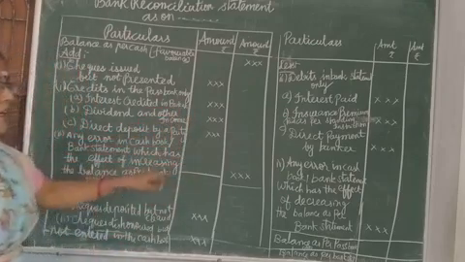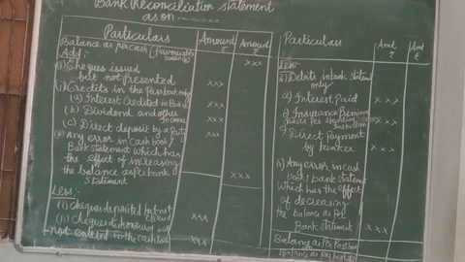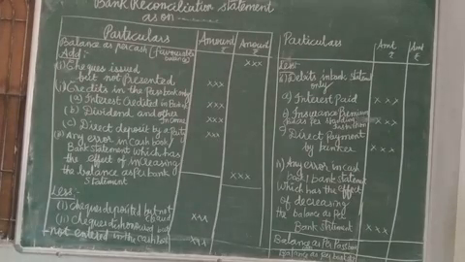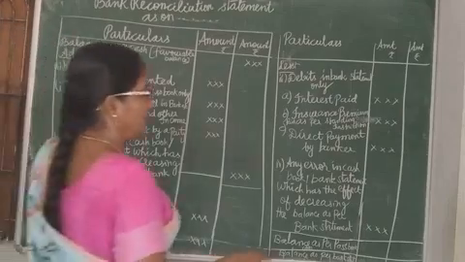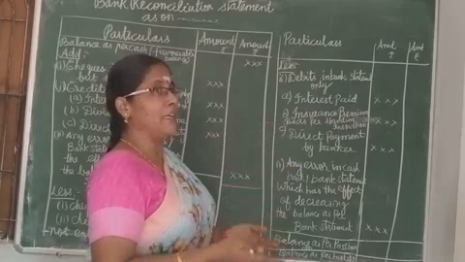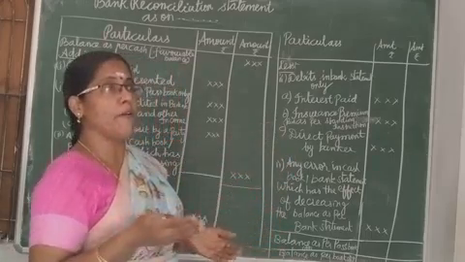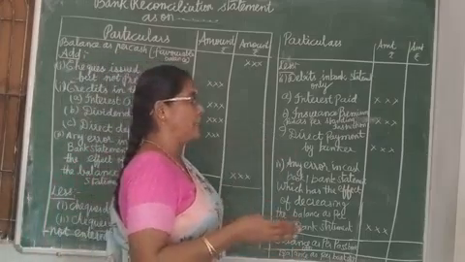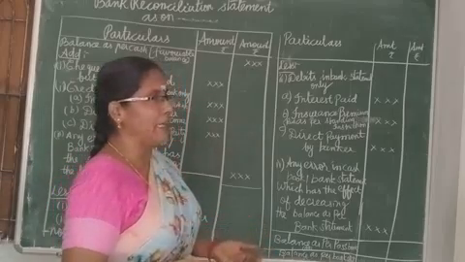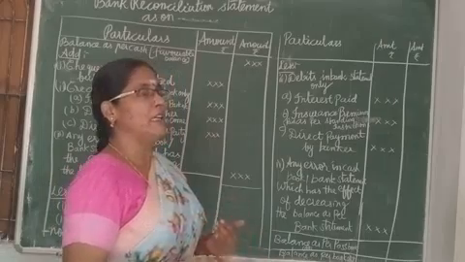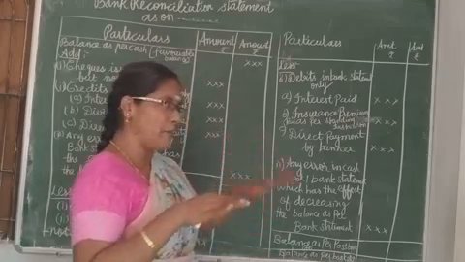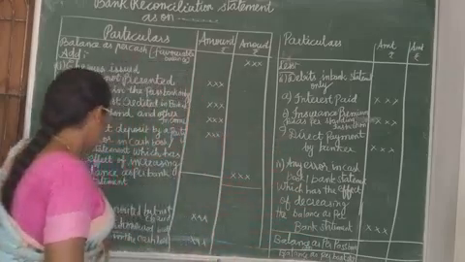Then let us see what are all the debits in the bank statement. Interest paid by the bank, so our bank balance will be reducing. The bank will reduce the amount from our account. Insurance premium paid as per the standing instruction, yesterday we have seen. And then direct payment by banker. Direct payment, we have given the standing instruction, so who will pay the money? The banker will pay the money, so the bank balance will be reducing. So we have to less.